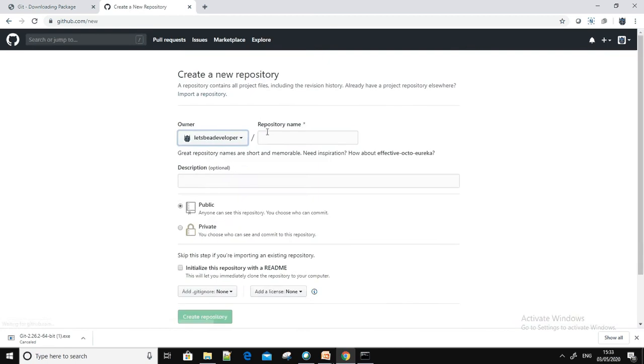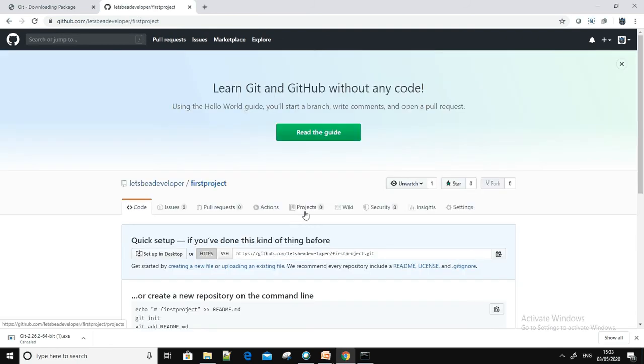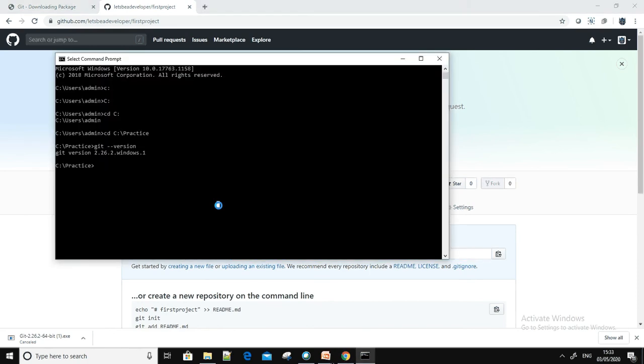So I'm creating a new repository, first project. Just click on create. Once it is created, it has this https URL. So assume that you are just going to start AngularJS and have not created any project yet. First you will configure Git and then you will add your AngularJS project, which is already created, or which you are going to create. So I'm creating a directory, mkdir first project AngularJS, and going into this directory.